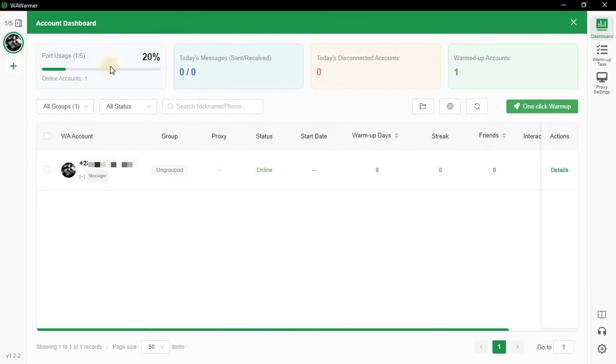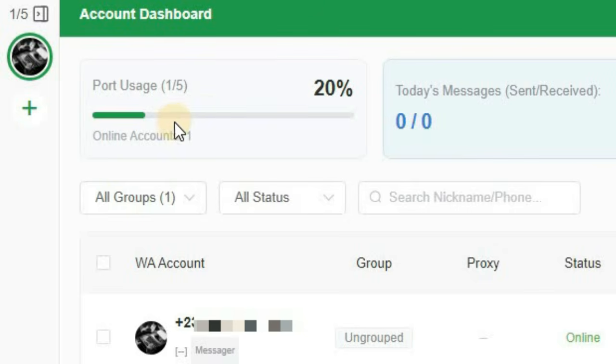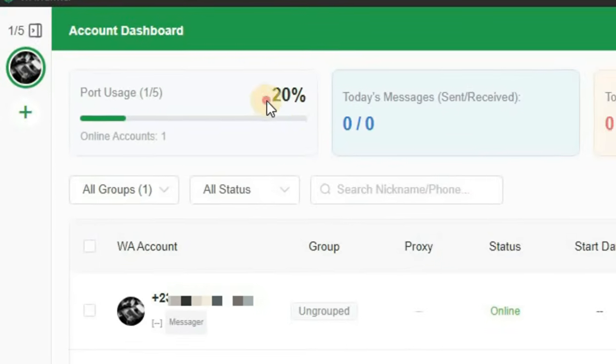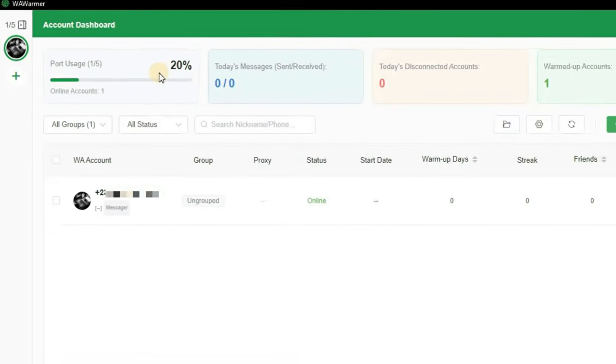Okay, so first off, we have the port usage section. Now this basically means how many accounts you have logged in and the amount of space you have left. So for example, I personally have a space of 5 accounts, and I've logged in 1 account. That's why it's saying 5 out of 1, and over here it's showing 20% because I've used 20% of my